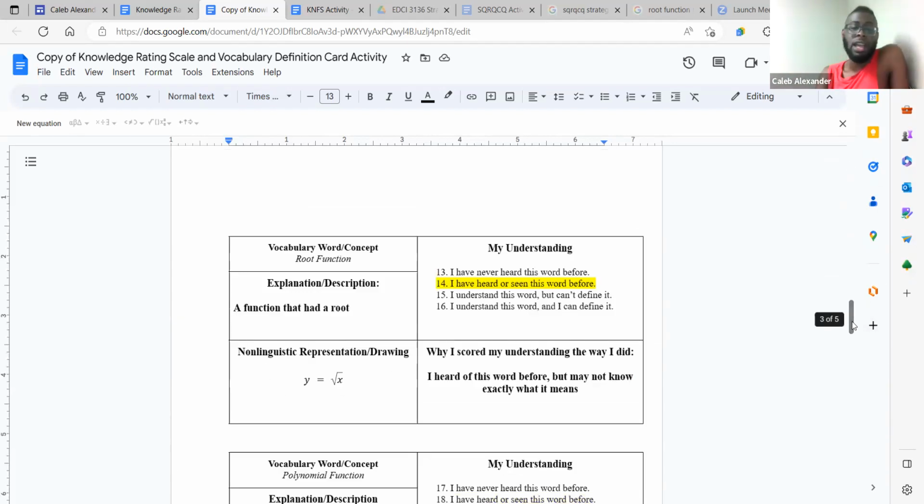And the next one will be, let's say a student heard a root function before, or they might have an idea what a root function is, but they're not exactly sure, because a student might say it's a function that has a root, which is kind of true because all root functions have a root, but you want to clarify it's just not always going to be with the root, because not all root functions